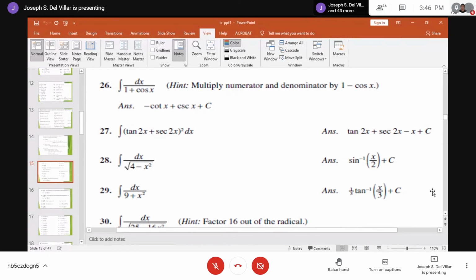Expand po muna, sir. Sige, expand. Tapos pag in-expand po, sir, magiging integral of tangent squared 2x plus 2 tangent 2x secant 2x plus secant squared 2x, close parenthesis dx. Tapos yung tangent squared 2x po, sir,